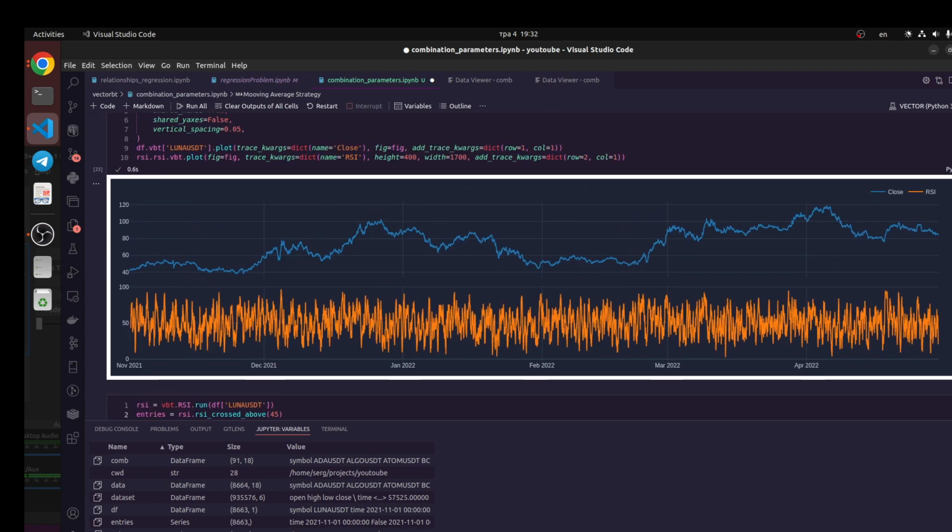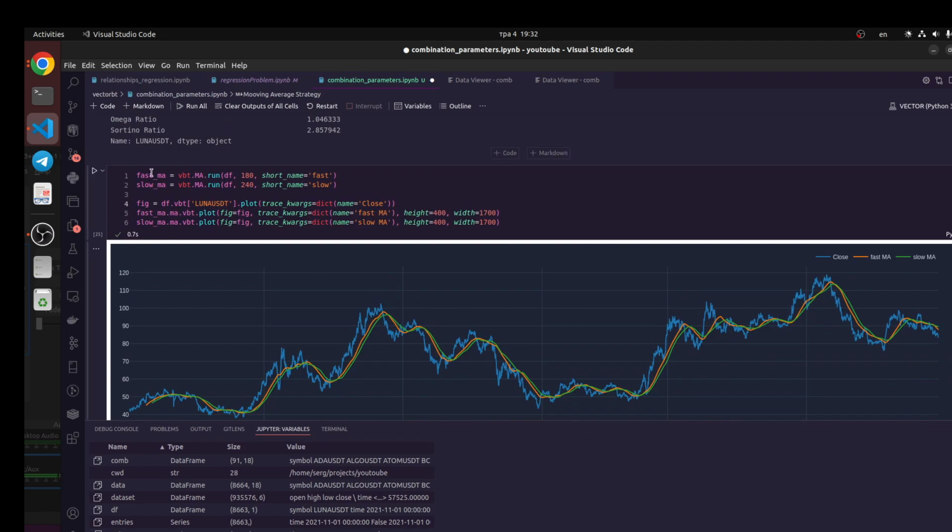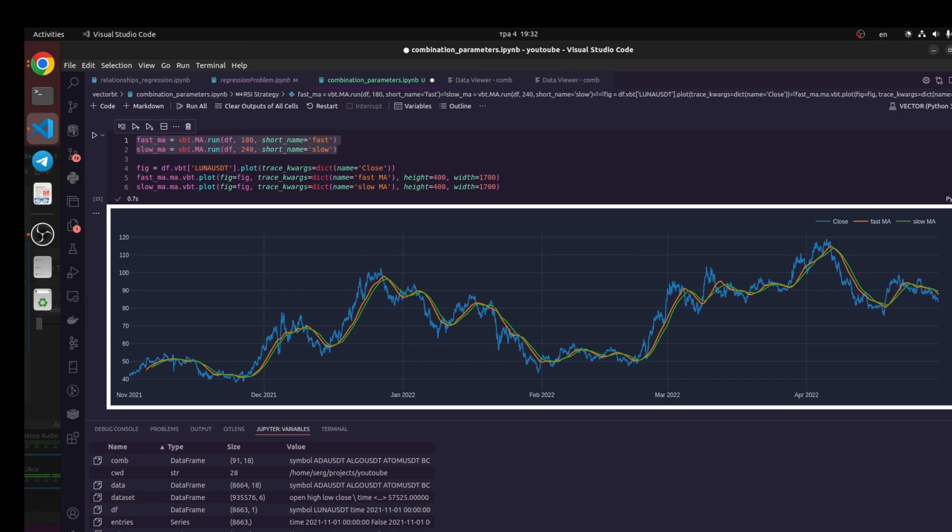Okay, this is how I display these charts. The logic is the same. We create our object, and when we create this object, we can create these charts. We indicate that we are going to create this figure, and we are going to display our close data,